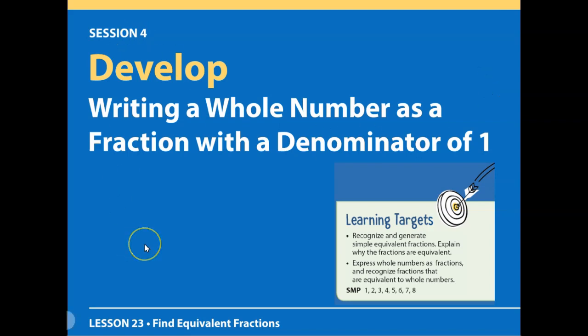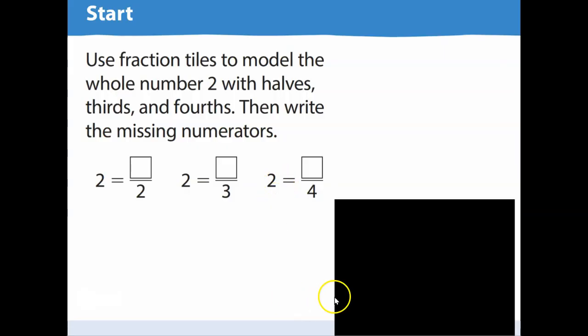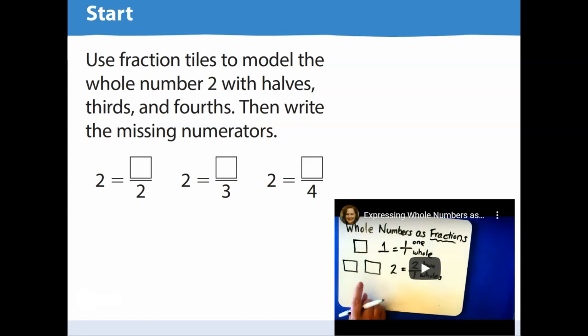All right, so this is our last session 4 in lesson 23, find equivalent fractions. It says writing a whole number as a fraction with a denominator of 1. So it's a little review from what we did yesterday, right? Okay. Now, it says use fraction tiles to model the whole number 2 with halves, thirds, and fourths. So that means this. Look,